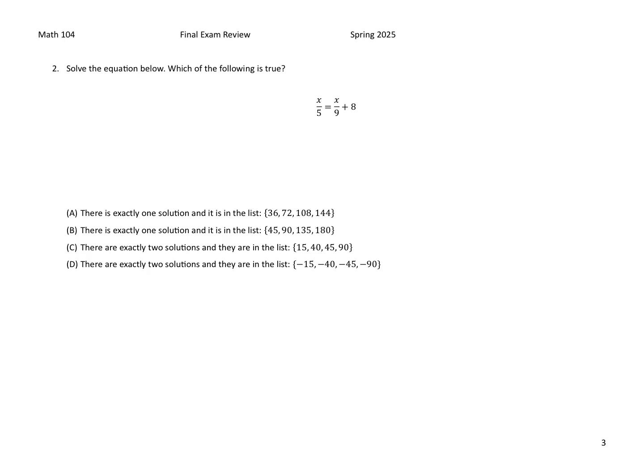Solve the equation below. Which of the following is true? x over 5 equals x over 9 plus 8. So we can make that 8 over 1 so that this is actually three fractions. And then I'm going to multiply both sides of this equation by the common denominator for those three fractions, which